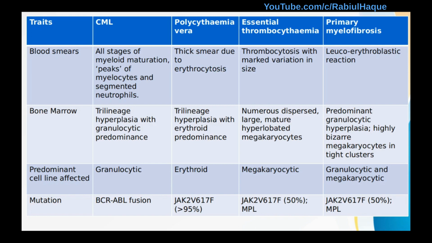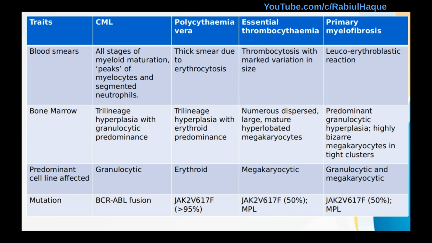In polycythemia vera, the blood smears will be thick due to erythrocytosis. In essential thrombocythemia, there will be thrombocytosis with marked variation in size, and in primary myelofibrosis, we will have